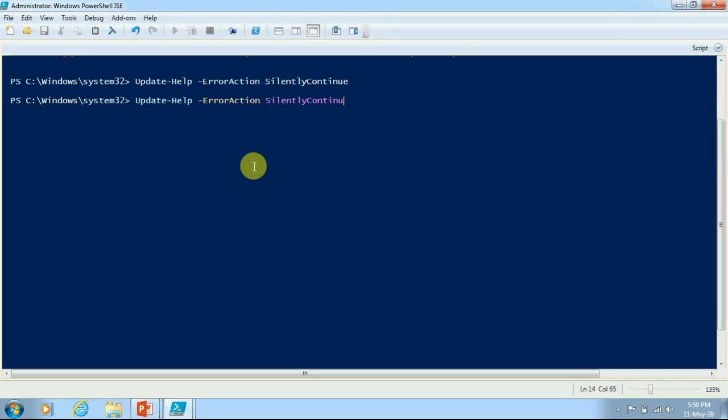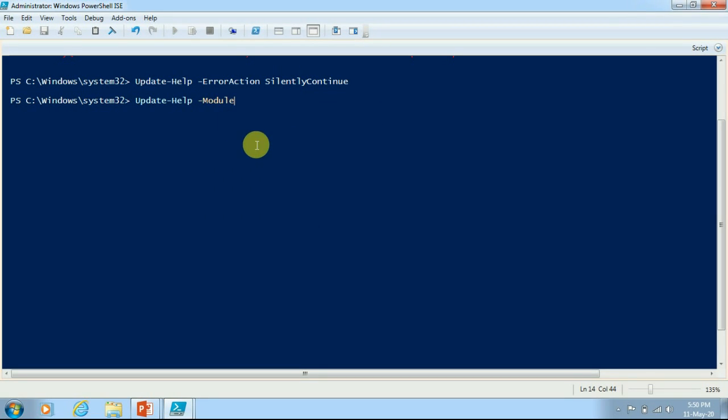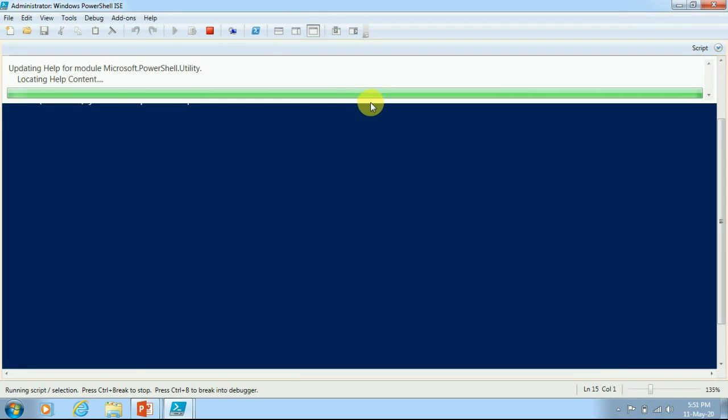And here you have seen that when we use Update-Help, it updates the help for all the modules. But if I want to specify a module, it will update for that particular module only. So for example, if I write Microsoft.PowerShell and give a star, then it will download all the help files for the modules with the keyword Microsoft.PowerShell. So let's click and see what it is going to do.